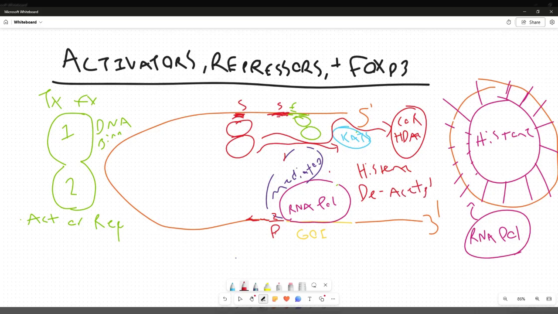So the HDAC is an enzyme, again signaled by the repressor binding, which will turn off the lights at the airport. So HDAC will go through, send a signal, and start slowly deacetylating